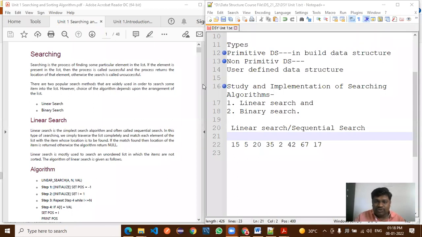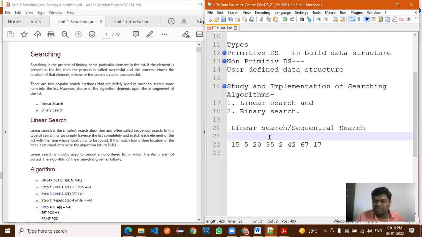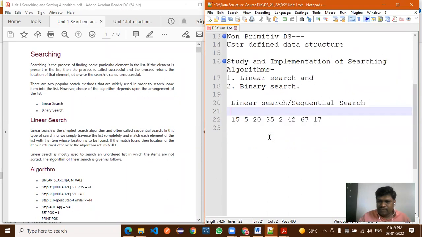Now all of you understood. At the time of the exam, such an MCQ question will be asked: is array primitive or non-primitive? If you give the answer primitive, you will definitely get 0 marks. Array is a non-primitive data structure.